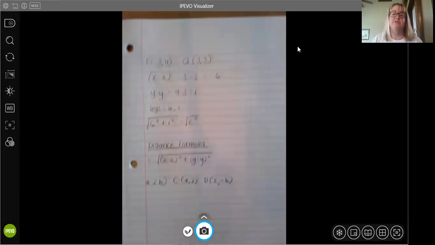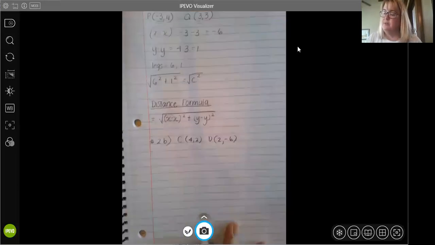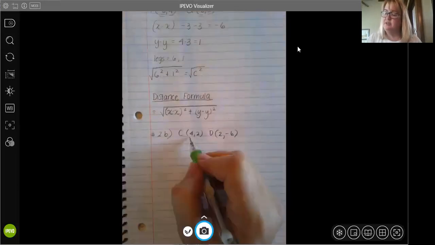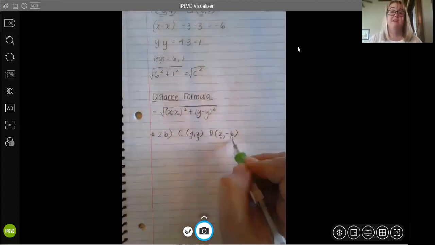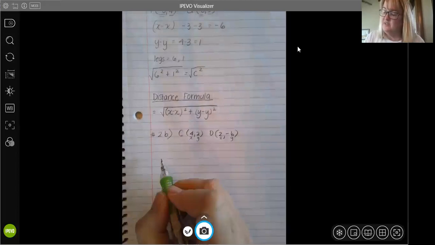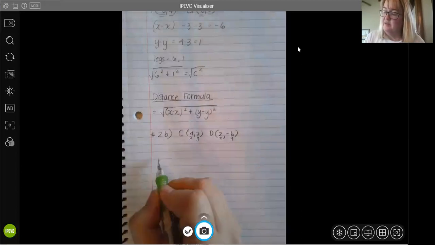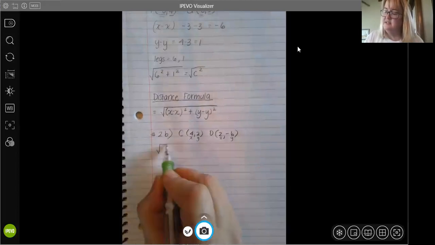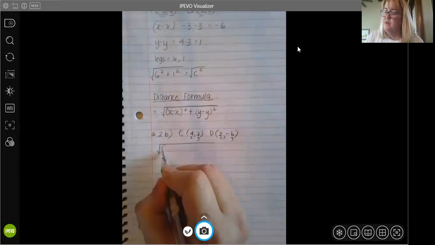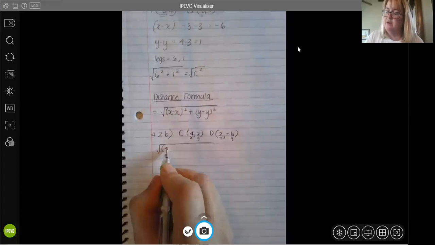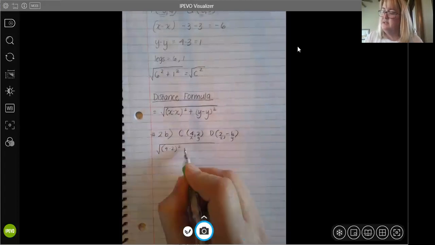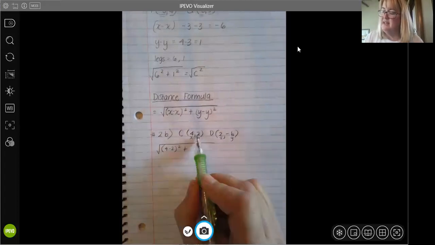And what we are going to do is put this in the distance formula. So 4 is x and 2 is y, 2 is x, -6 is y. So in our distance formula, we've got 4 minus 2, those are our x's, squared, plus 2 minus -6